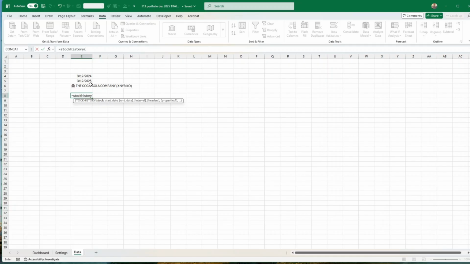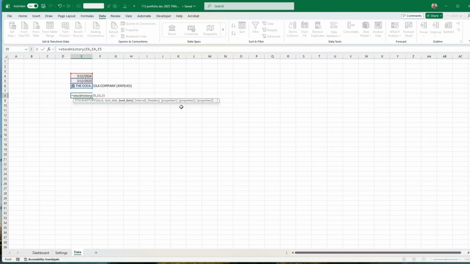So the first parameter will be the stock, and then you can click on the stock that I've created here, the data cell. Put a comma. The second one is a start date, and there's the first date that we've calculated. The last one, which is optional, but I want to be clear, and you press today's date here,